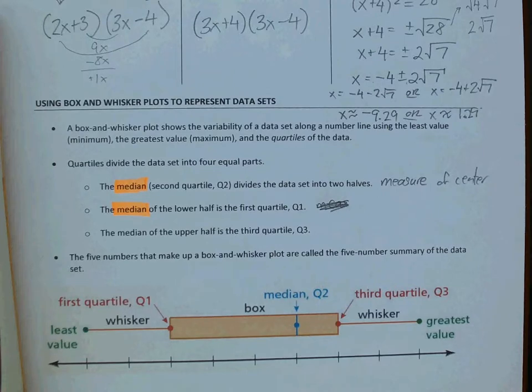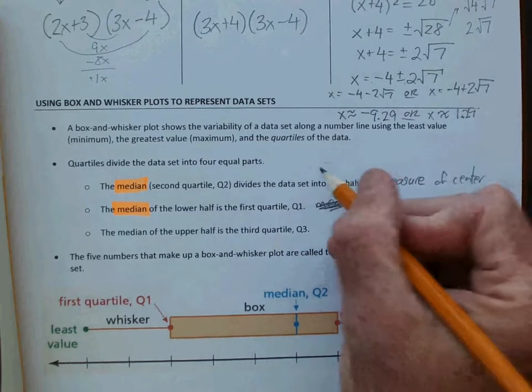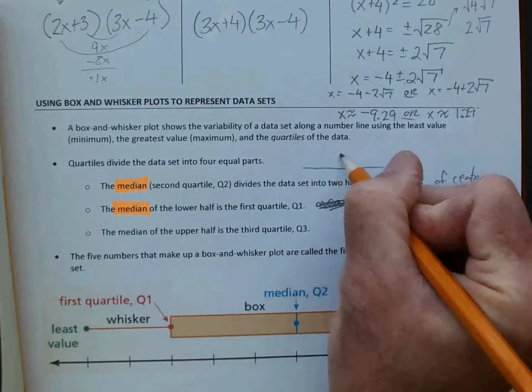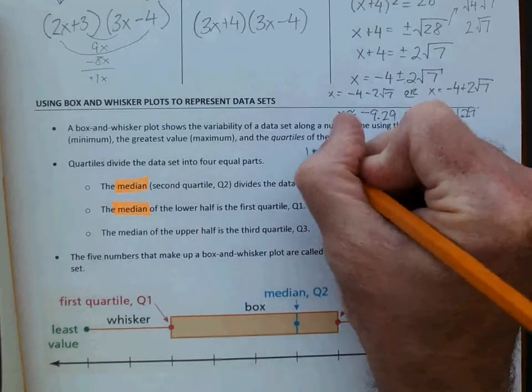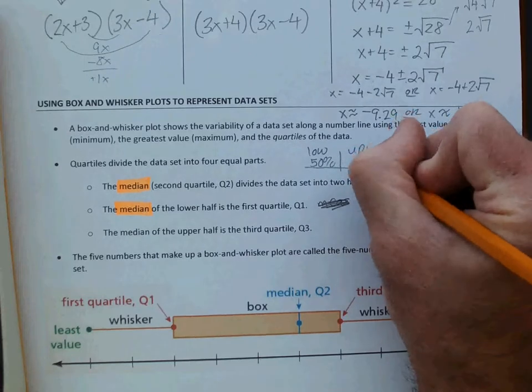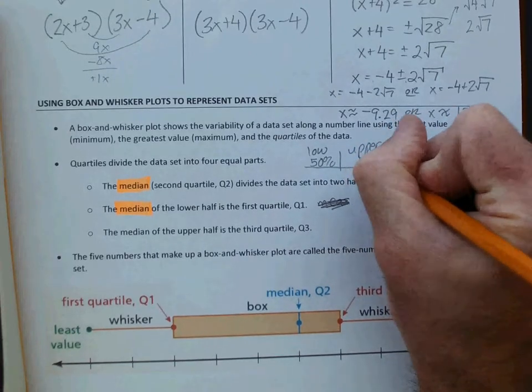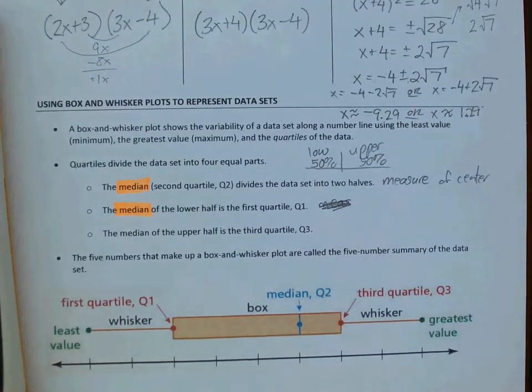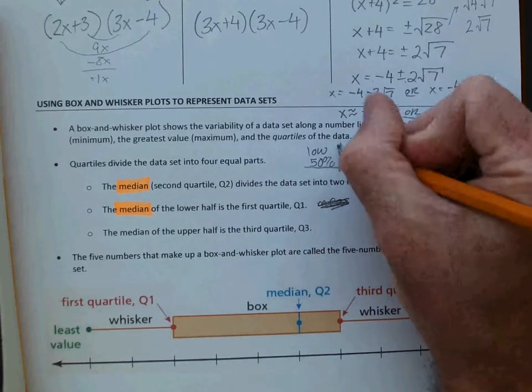So here's how it works. You're going to end up dividing your data into quartiles. So the very first thing you're going to do is find the median. Now remember, the median breaks your data up into a lower 50% and an upper 50%. So you find the median based off of the last lesson, put your data in order, and count down into the middle. Once you've divided your data,